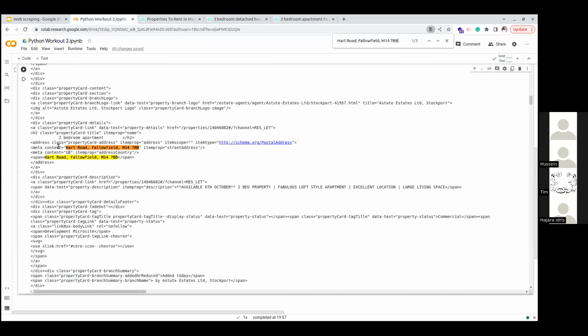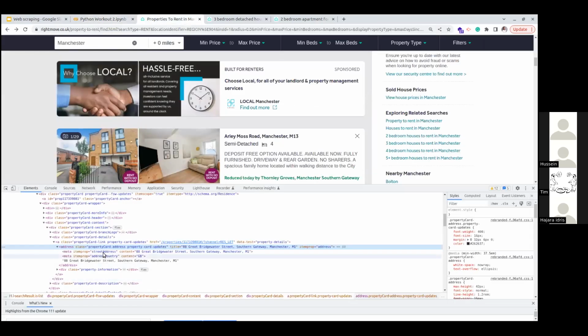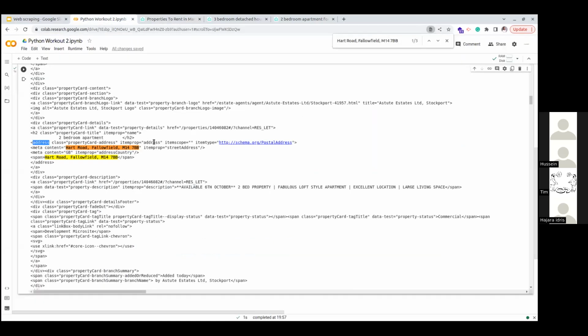It's either we use the meta contents or we use the span. And in this span, you see that there's the address class here, but it has removed the title, sort of. It doesn't take the title in the address. It only shows the address class, and what is inside the address class is there. So good for us that at least they put the address again inside the address tag, so we can take it from there, right?